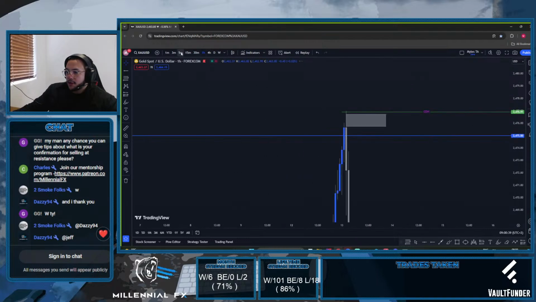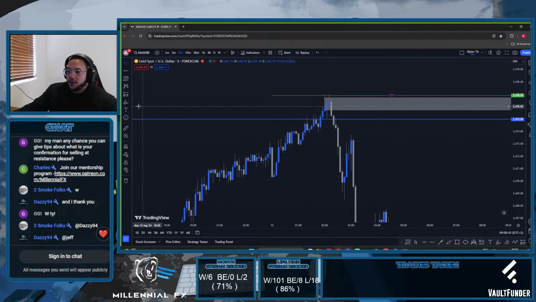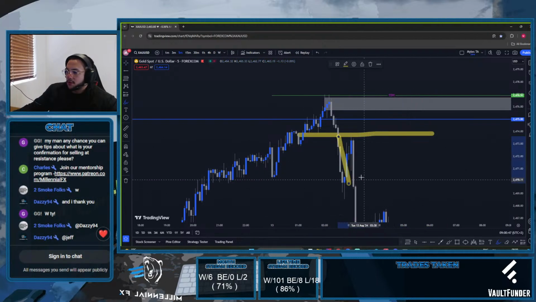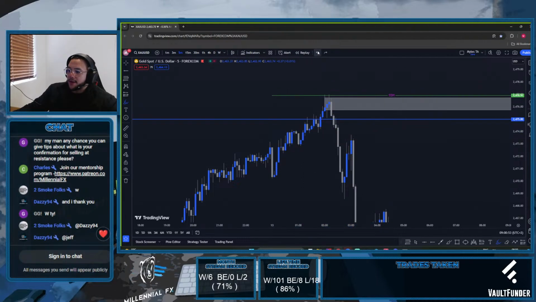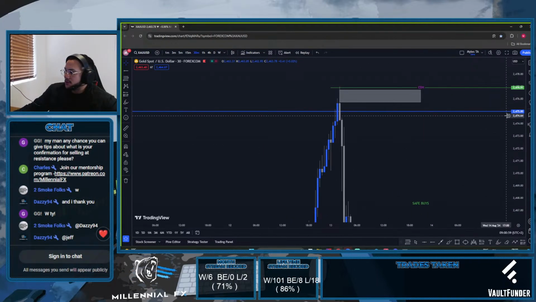That would have been a proper type 3 setup. But you see, I would have taken it late, and have stops above there, because I would need this floor to break over here. So if I had done it, I wouldn't have gotten the same entry as you. I would have taken the later trade just because I would have waited for more confluences.